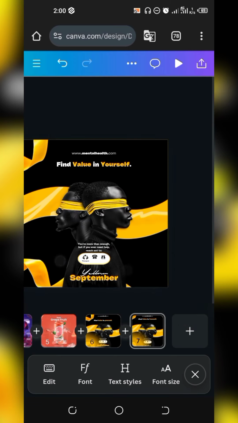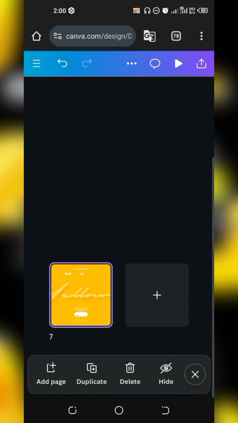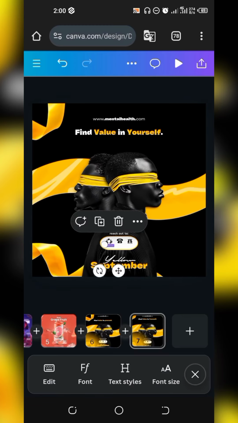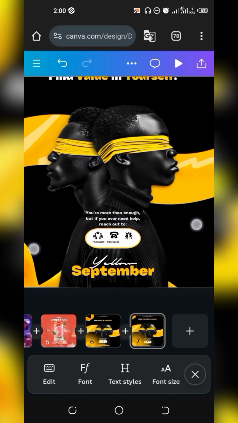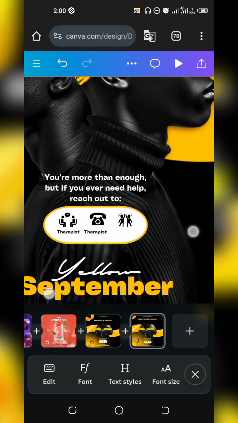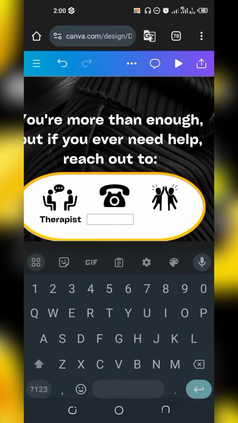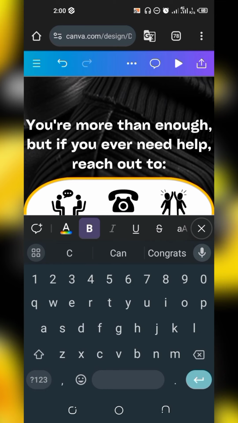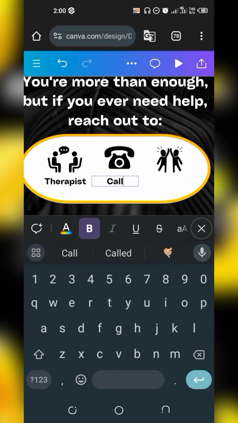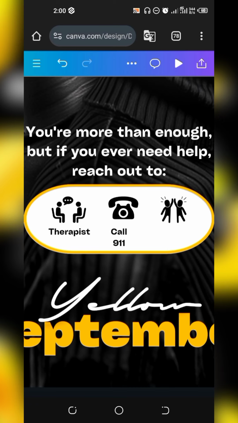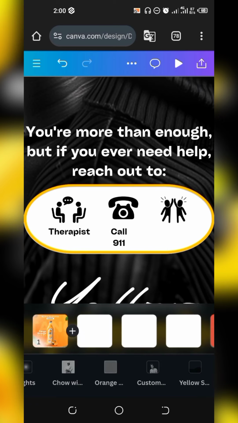Okay, so therapist, he wants us to go out in full. Therapists, duplicate this again. I don't know if you can even see this. Duplicate this. After doing that, go to edit, then type in call 911. Yeah, call 911.